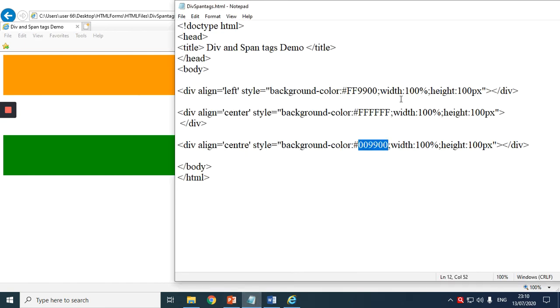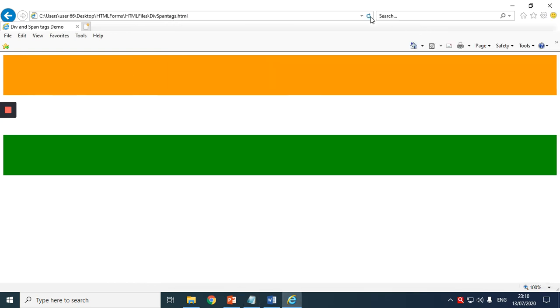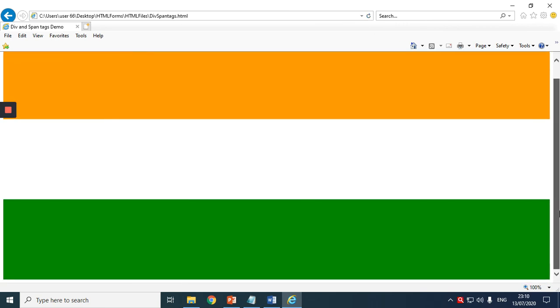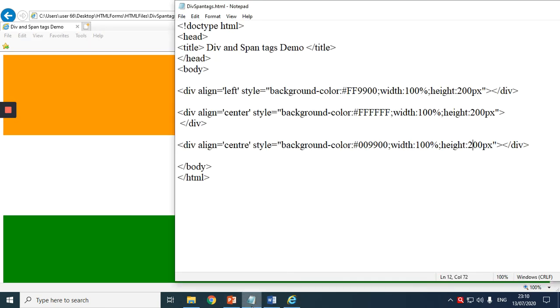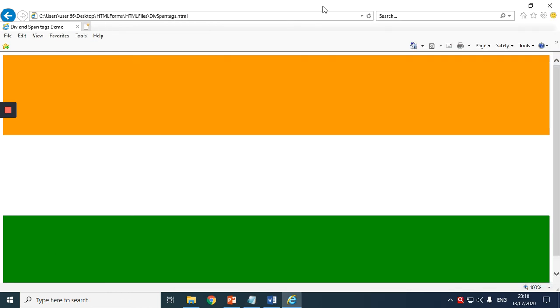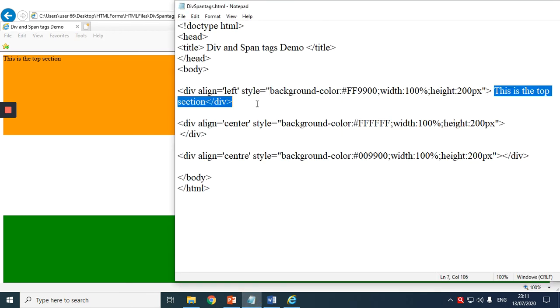If you want, you can change the height, making the height 200, 200 and 200. Control S. Correct? Okay, good enough. It is occupying the whole page. Now, you can also write anything between the division and the division tag, and whatever you write gets displayed over there. See, this is the top section. Suppose I have written like this, Control S and reload. It has come. Now you can align this text also. You can format and align and do everything with the text. I'm not writing it. I'll just show you.